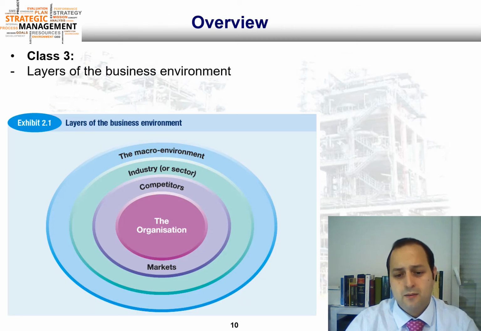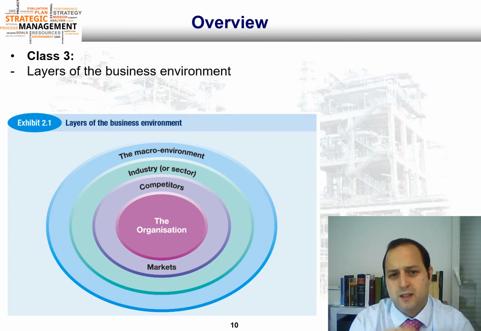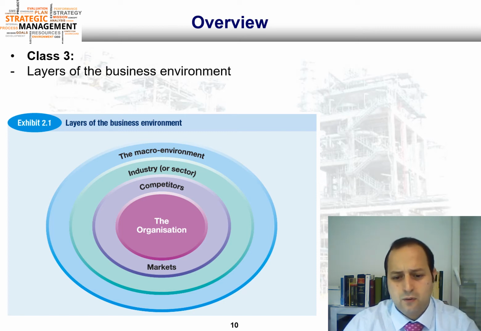In class 3, we started speaking about the layers of the business environment. It's one of the most important things in the subject to understand the importance of the business environment of companies. As you may see in this circle, we are going to see this circle many times during the strategic management course. The company is surrounded by different layers, and those layers are very important to understand the macro environment and the microenvironment of the company and what factors could have influence over the company.